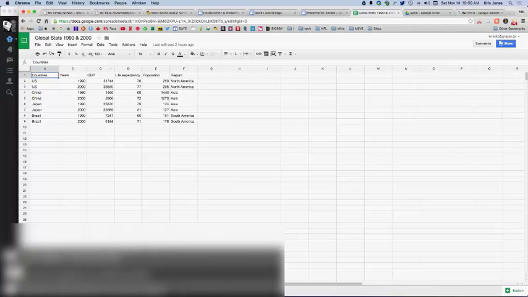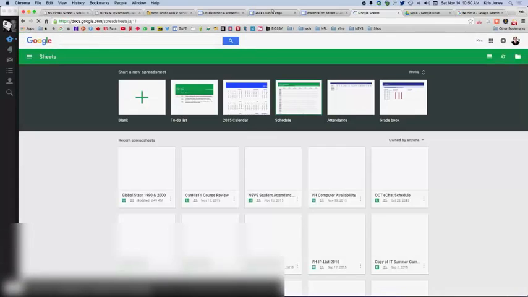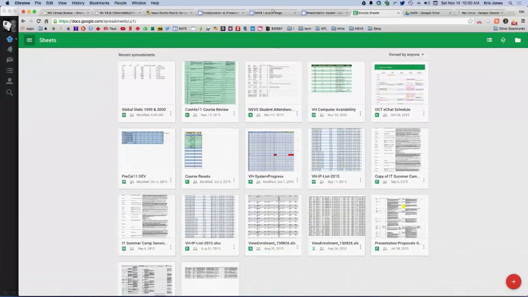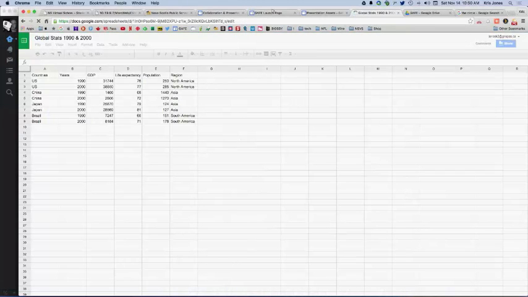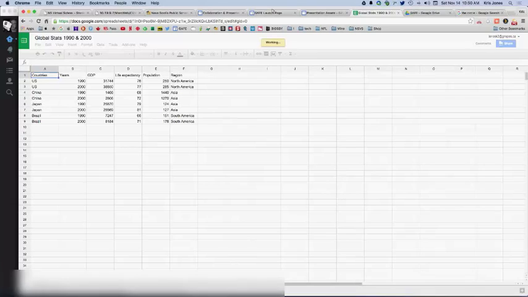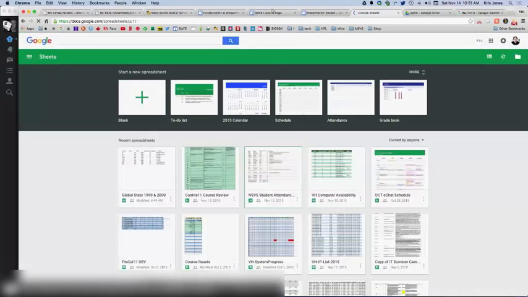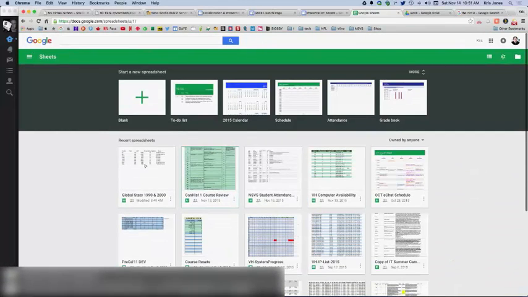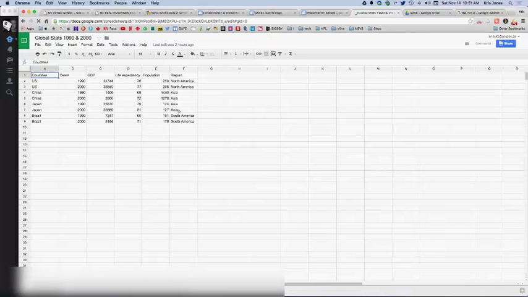And to get out of Sheets, to get to Sheets Home, so I can see all of my Google Sheets that I'm working on, clicking that button out of my global stats in this top left corner will take me to just a Drive view, if you will, of just my sheets, which is kind of an interesting way to view them. So flip back in, and you can see I've got a small table made up here with some global stats